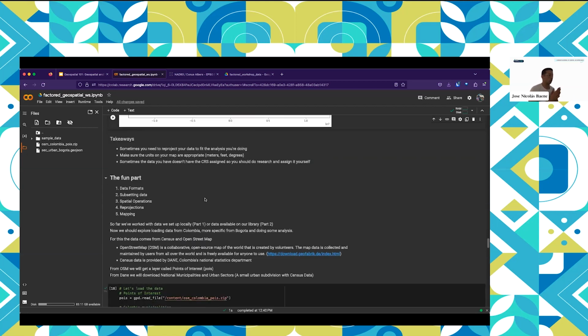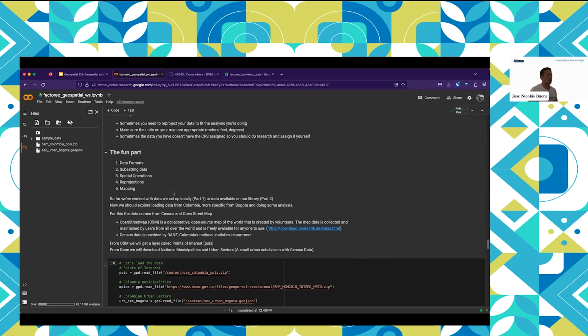So now we're going to go to the fun part, a little bit of analysis, a bit of the data formats, of subsetting the data, doing some geospatial operations, some reprojections. We have come from setting up data locally, the points that I actually typed, like the multi-polygons and the multi-line string, and then some data that was already available in our library.